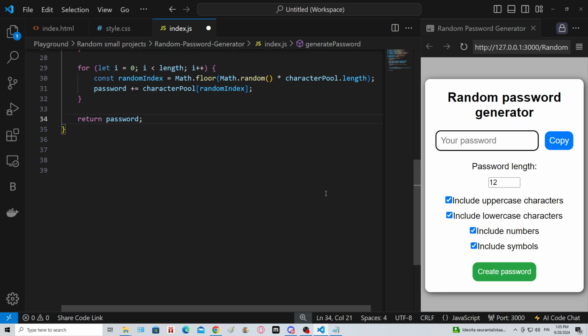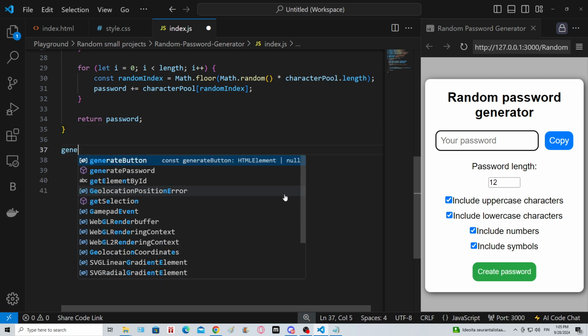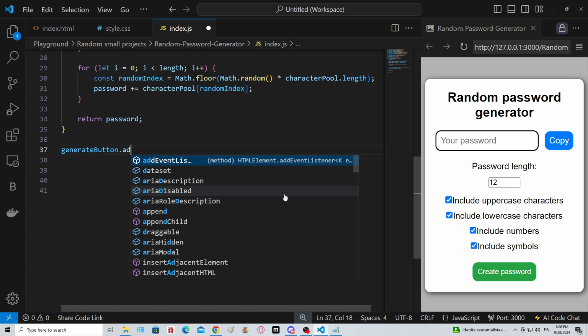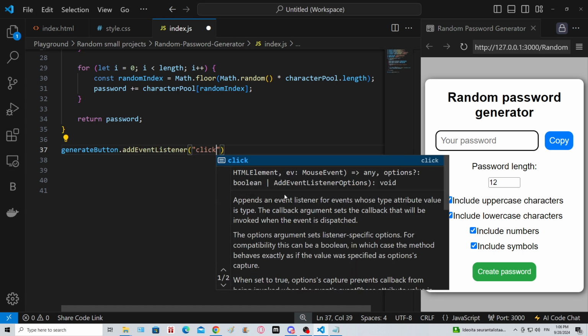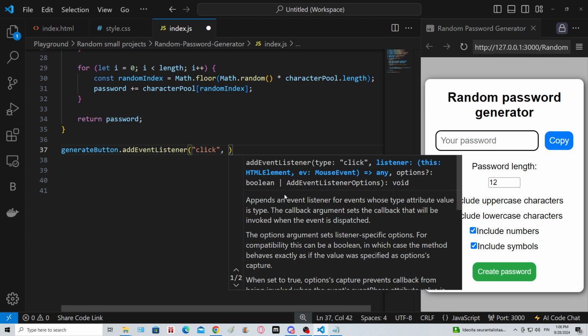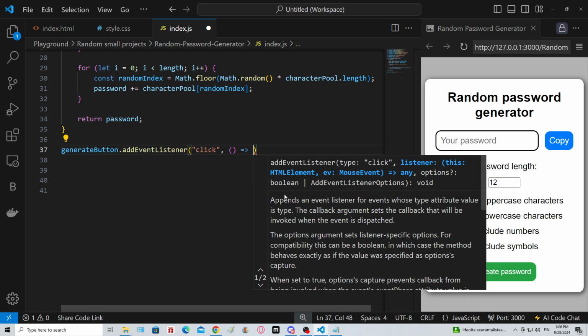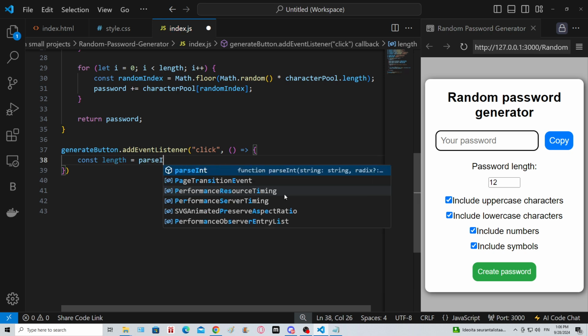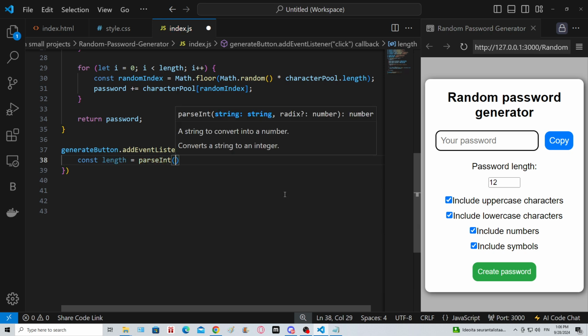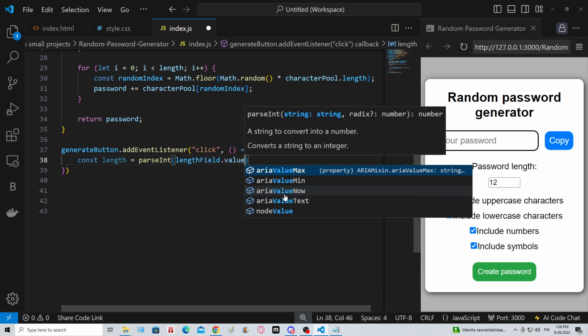Alright. Then we're gonna work on the generate button event listener. So let's go over here. I'm gonna take the generate button. I'm gonna add an event listener. We're gonna listen for a click. After that, I'm going to do an arrow function. So const length equals, we gotta parseInt, so length field dot value,